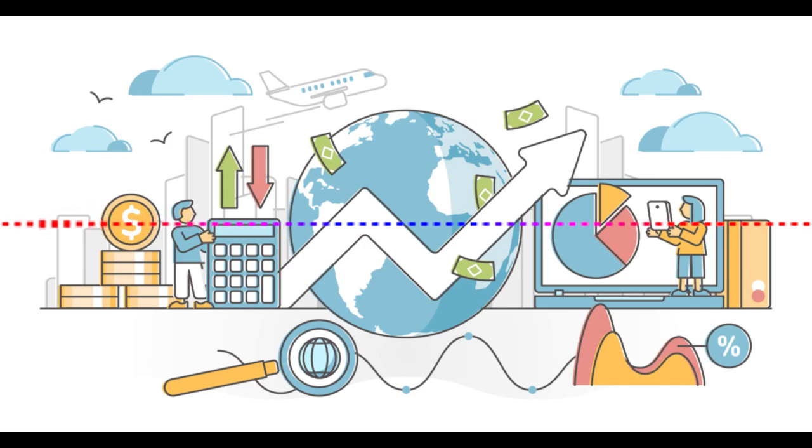Now, every choice we make involves an opportunity cost. It's the value of the next best alternative we forgo when making a decision. Let's say you decide to spend your Saturday afternoon at the cinema in Montevideo. The opportunity cost is the value of the next best thing you could have done with that time, perhaps working or studying. And this concept isn't limited to individual choices. It applies to entire societies as well. The production possibilities frontier, a key economic model, illustrates this. It shows the trade-offs a society faces when deciding how to allocate its limited resources to produce different combinations of goods.